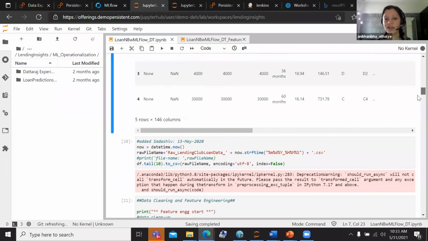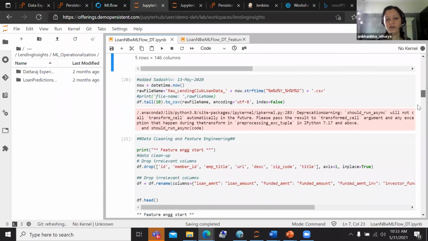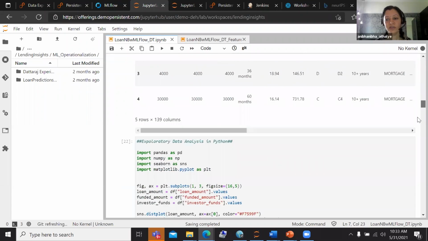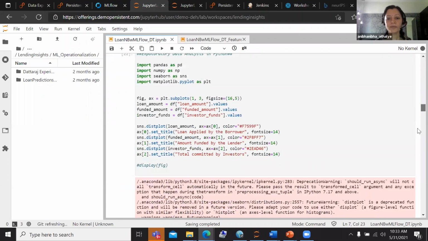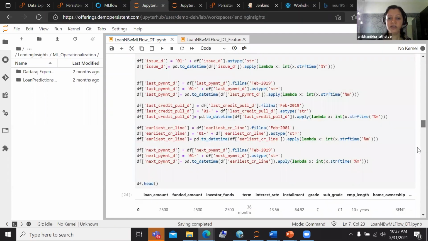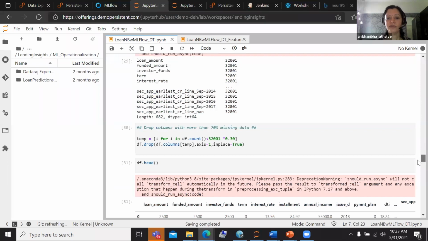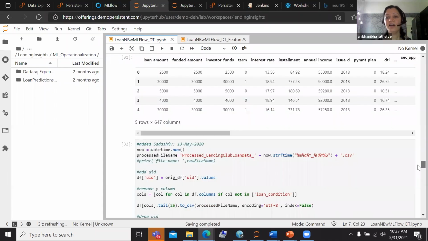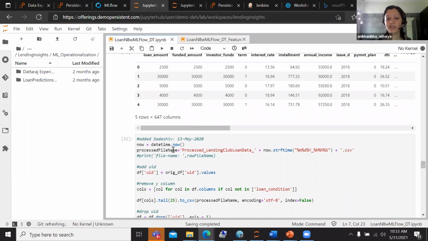Typical steps of looking at the data, doing certain pre-processing on top of that, doing certain feature engineering on top of that. And then what I'm trying to do at the end of it is basically do certain logging that I want to keep track of. So here at the end of the processing steps, if you see, I have actually captured my processed data set as a CSV file. And this is something that I will use later on to store the data, which is the data that I have fed to my training algorithm.